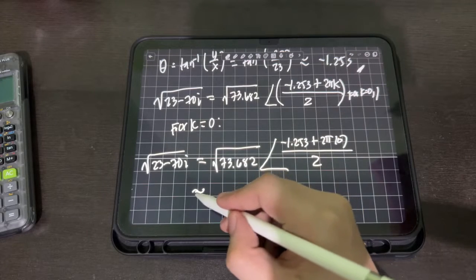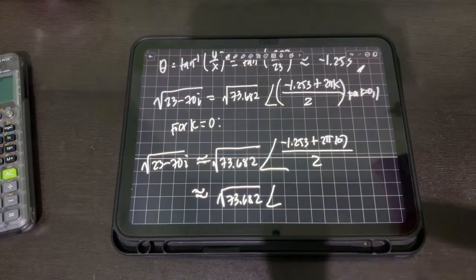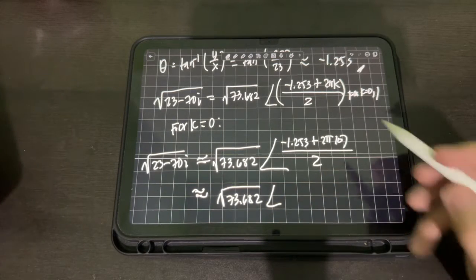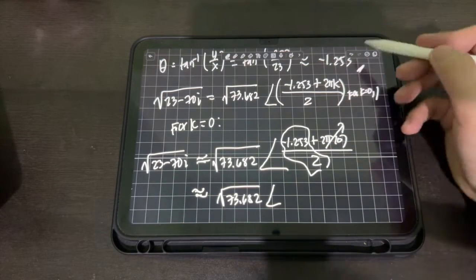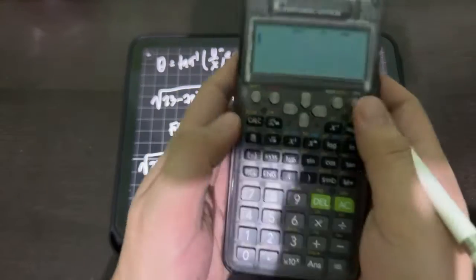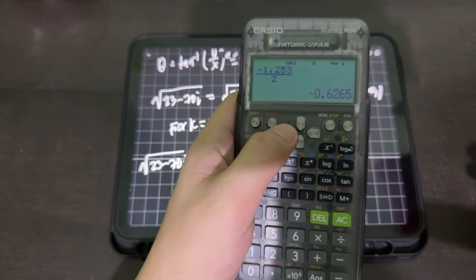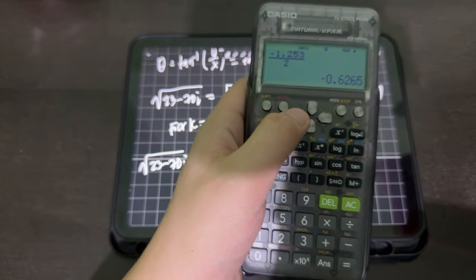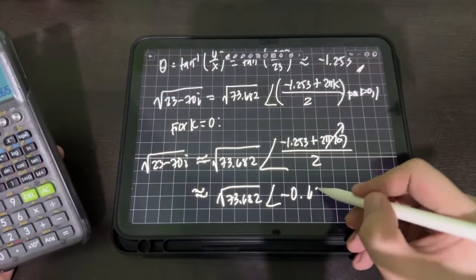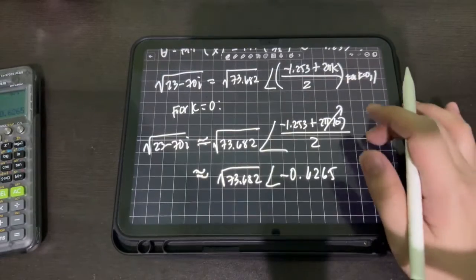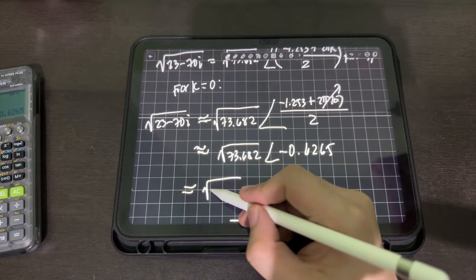So approximately it is equal to the square root of 73.682 angle. The 0 term, no need to add this. Just input in your calculator negative 1.253 over 2. So negative 1.253 over 2 is negative 0.6265. Okay, it is also equal in polar trigonometric form to the square root of